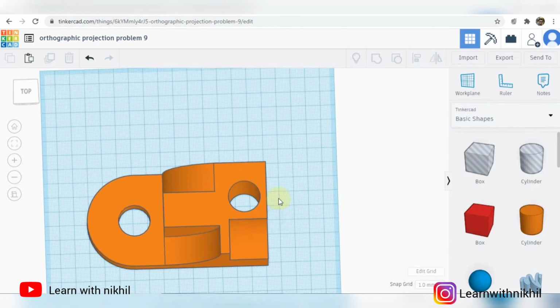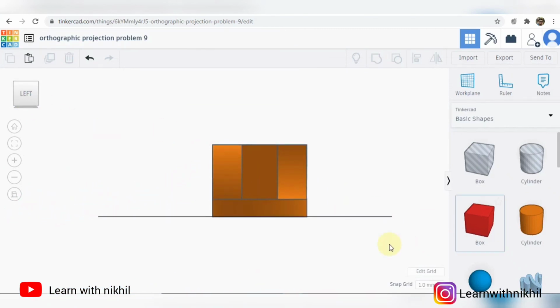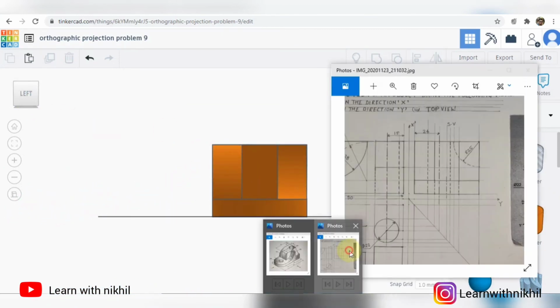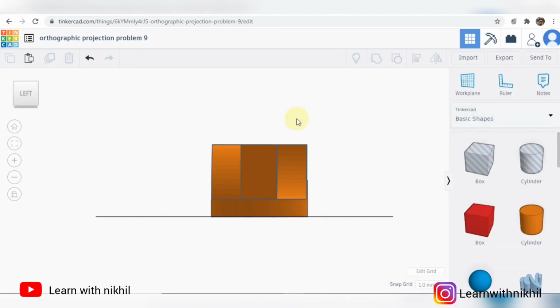And this is the side view. So the left hand side view is the projection from the front and the top view. So it's that simple. We have just not shown the hidden lines here. And this is done.